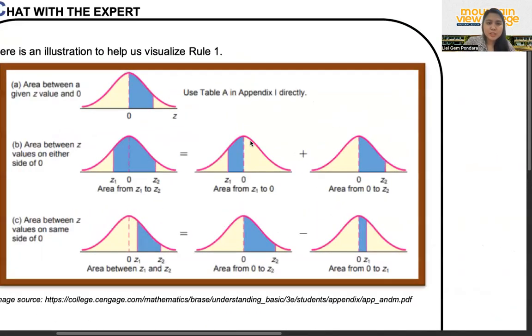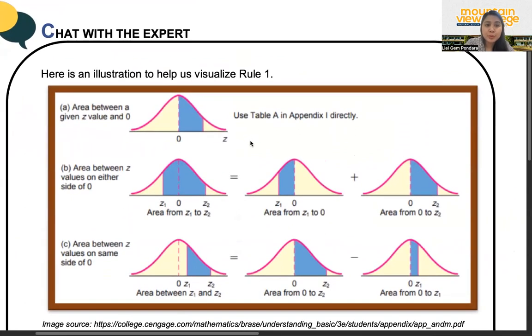Now here's an illustration to visualize rule number 1. I told you a while ago, from 0 to a specific z value, you just have your z table immediately. But if it's from a negative number to a positive number, area of the first plus area of the second. But if they are the same positive, like for example, this one,